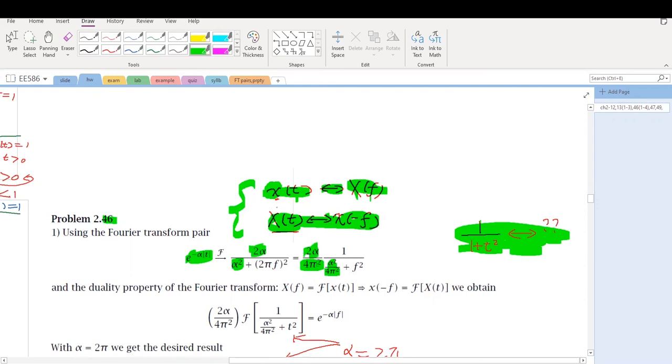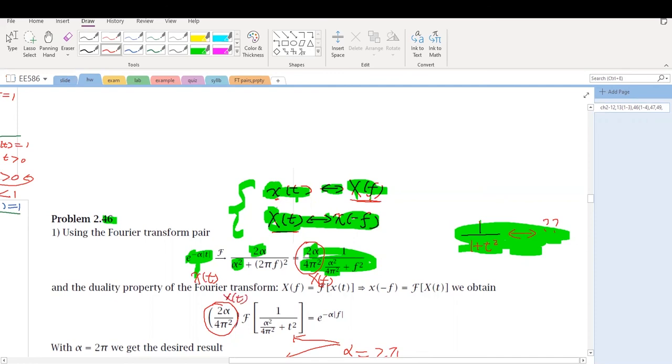Now you use the duality pair. So this is small x(t), this is big X(f). So now I'm going to take big X